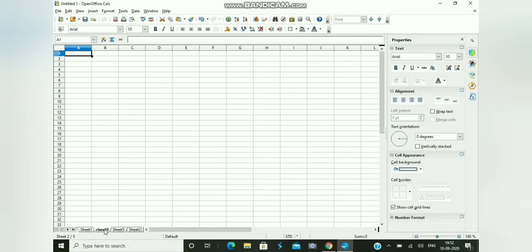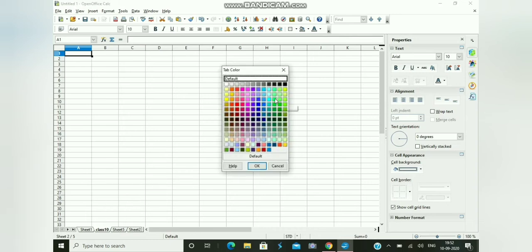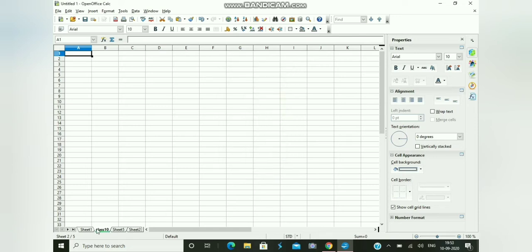Okay, so similarly if you want to give color, you can assign different colors to the sheet tabs. You just right click on the particular sheet tab, and from there you can choose Tab Color. So according to your own wish, you can choose any desired color from here, say turquoise is chosen from here, and I'll just click on OK. Now since this sheet is highlighted, you will not be able to see the color.